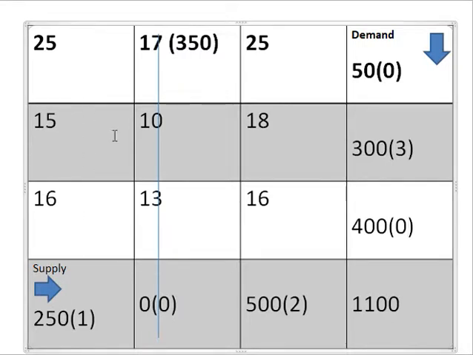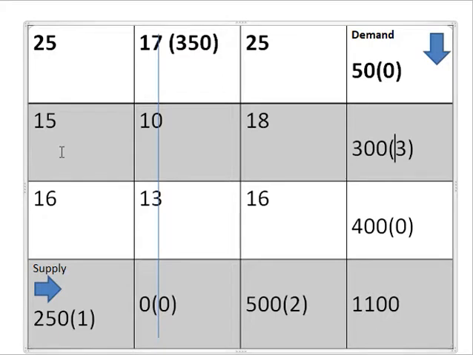In this column the minimum is 15 and the next minimum is 16, so the difference remains 1. Okay, we do not need this column. And in this column the minimum is 16 and the next minimum is 18, so the difference is 2. Now the maximum number in the bracket is 3, so we are going to allocate the demand or the supply